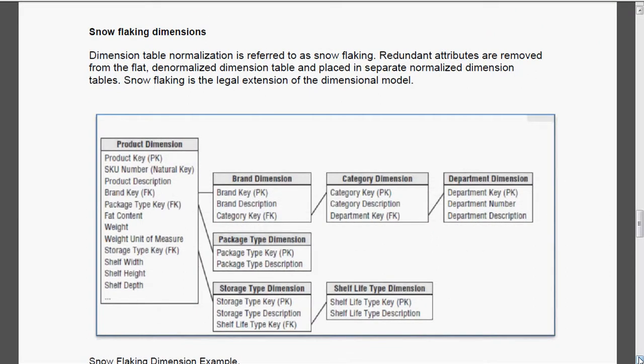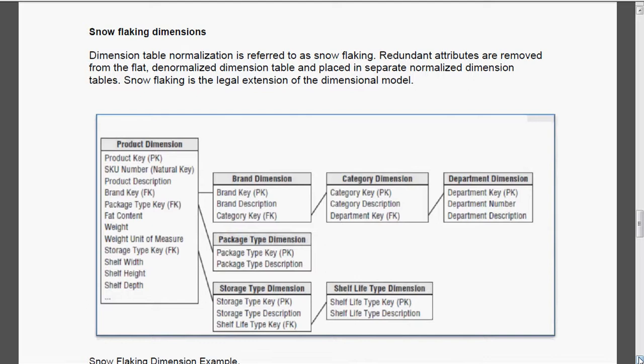Snowflaking dimension. Dimension table normalization is referred to as snowflaking. Already we have seen that in the dimensional model the main principle is denormalization, and normalization is against the principle of denormalization. Redundant attributes are sometimes removed from the flattened denormalized table and kept in a separate normalized table. For example, the product dimension.